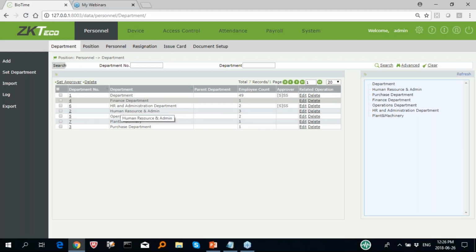Okay, so the approver settings depend only on what is set here, but internally in BioTime there is a function: whatever you are doing on the attendance approvals will be based on the approver that you set here. Okay,